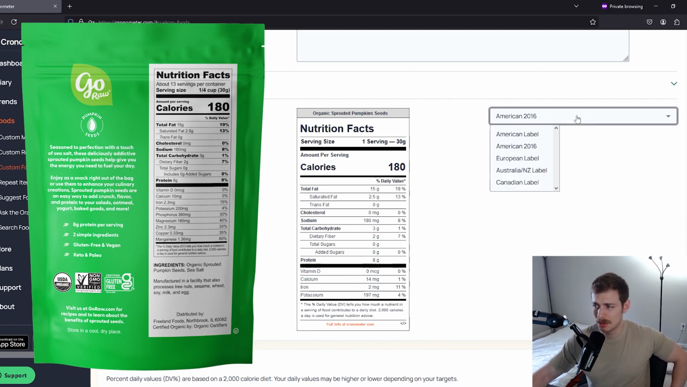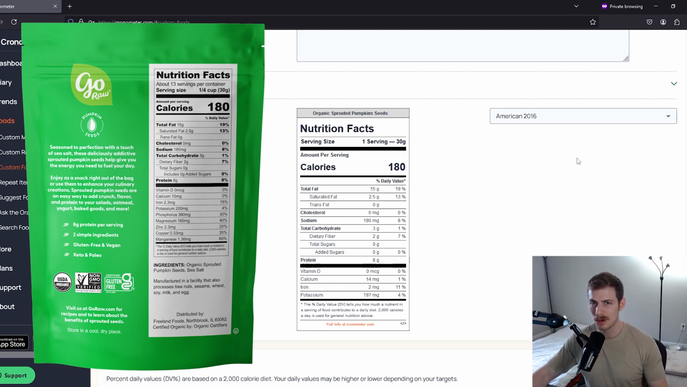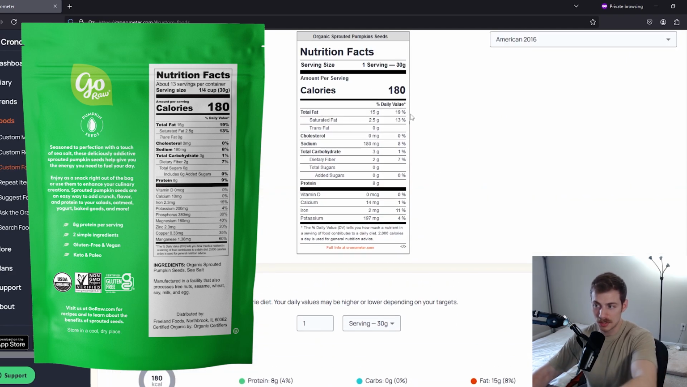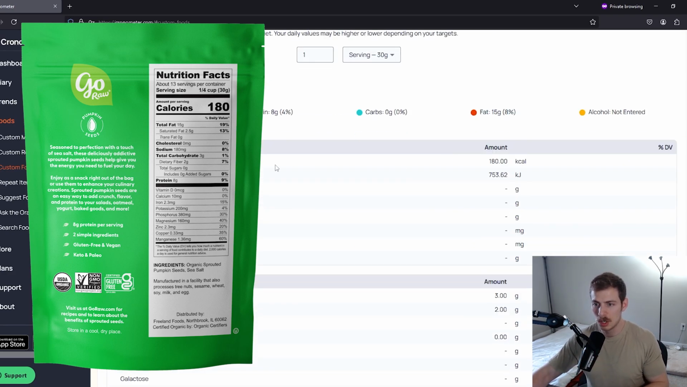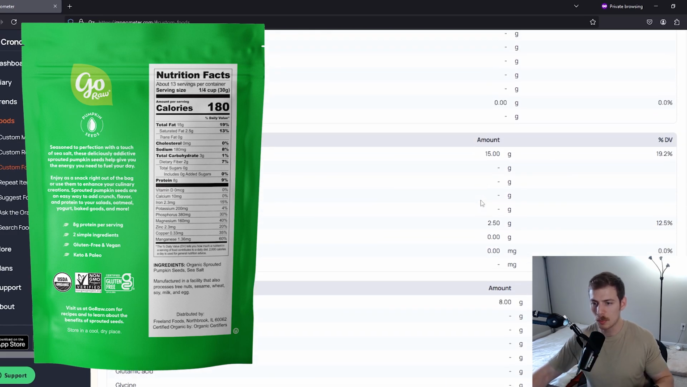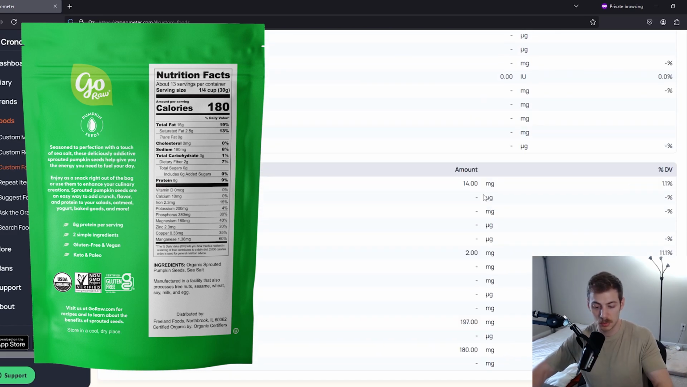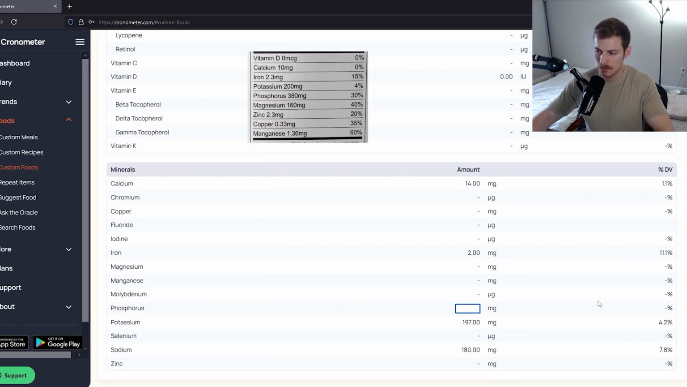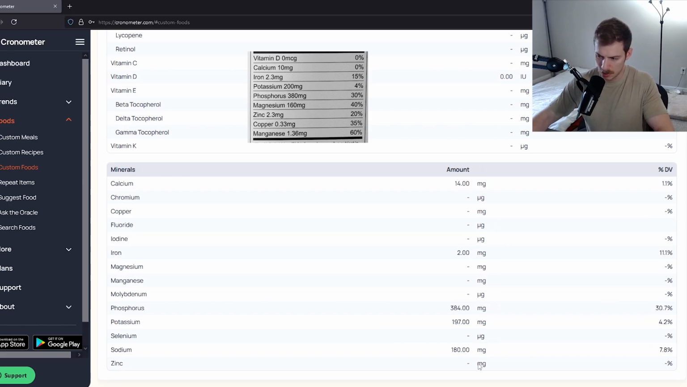And if you're in another country, you can use one of these other labels, but normally you can just use the American 2016 version of the nutrition facts label. Since we've added the information up here, we'll see it has populated down here, but we're going to have to go down to micronutrients because there were some extra micronutrients on the nutrition facts, and we want to enter that in. So we have phosphorus in milligrams as 384. You have zinc as